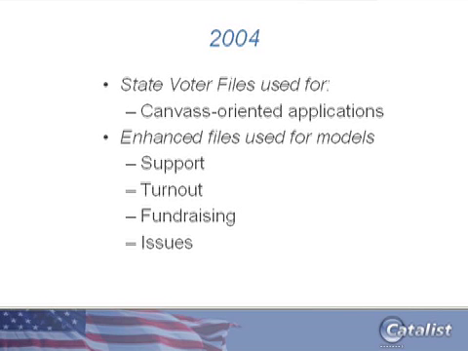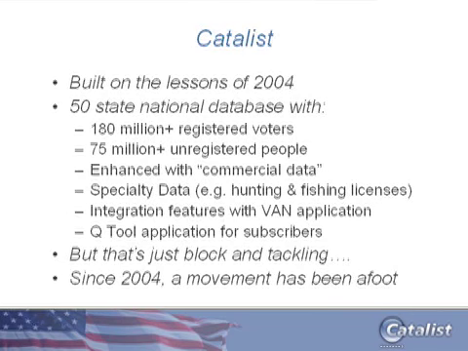And enter Catalyst, which took the lessons from 2004, where every state's file was in a different format. There wasn't commercially enhanced information available everywhere, or if it was there, it was prohibitively expensive for people to acquire. And what Catalyst has done is built a 50-state national database that's available to all progressive organizations, both campaigns, C3s, C4s, 527s. It has also, as a shared resource, taken on the expense of acquiring unregistered people for voter registration groups, enhanced it with this commercial data that's out there, added specialty data using resources that a common organization wouldn't have to bring to bear,